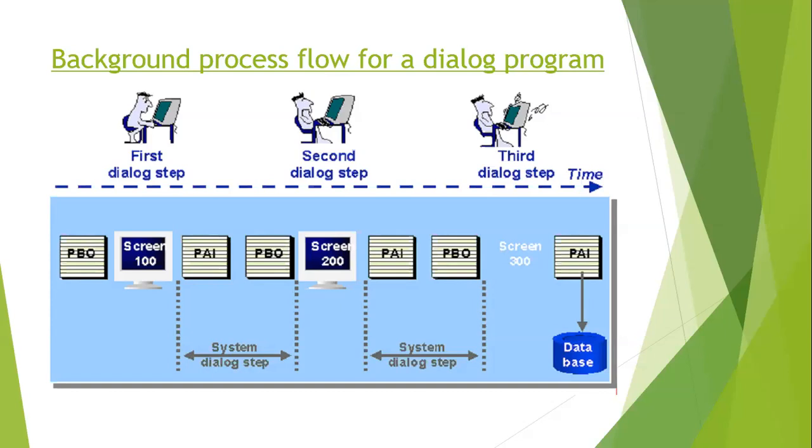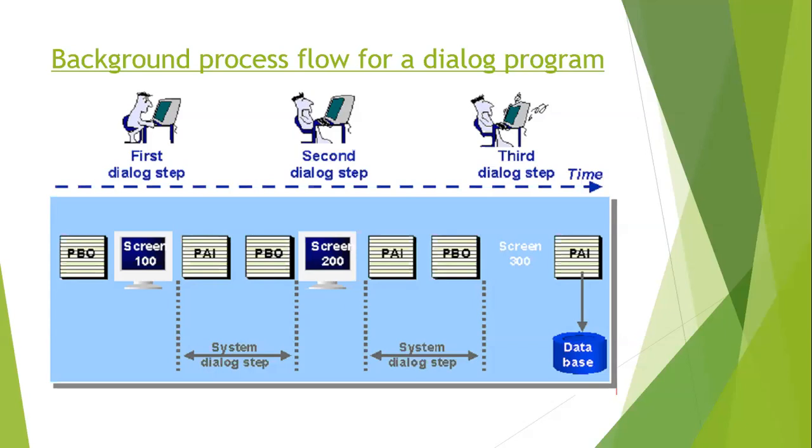When you talk about a module pool program, these 4 events are there. In a classical or interactive report, you have multiple events, but in module pool you have only 4 events, and by using those you can write your own code. PBO and PAI are the default events. If you want to use F4 help and F1 help, then you go for the other events. But in general, these 2 events will be useful, that is PBO and PAI.